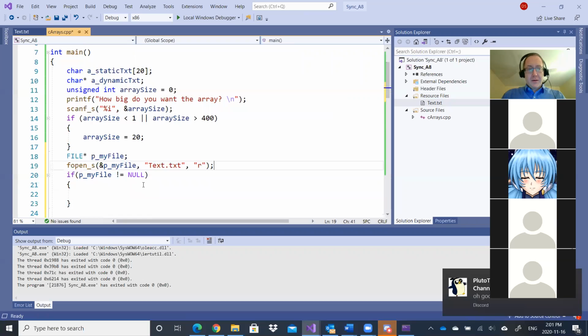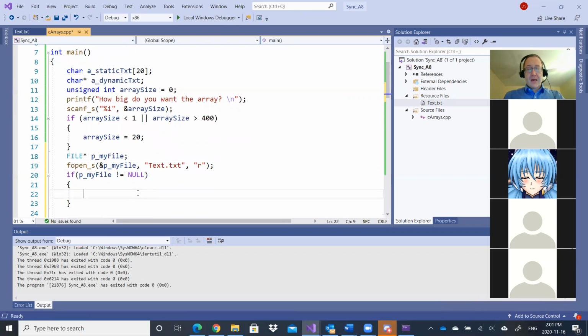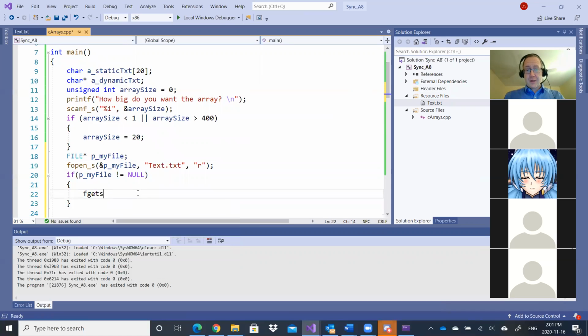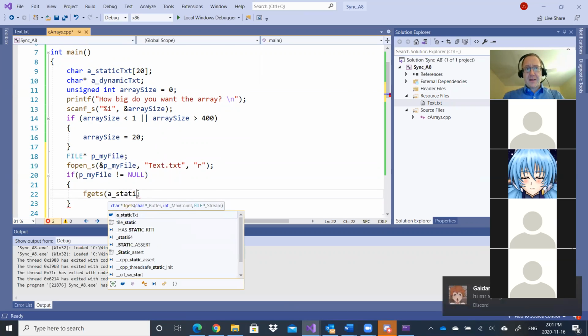Next, I'm going to use fgets. Should be underscore s maybe. And no, it won't need that actually. And I'm going to put into a static